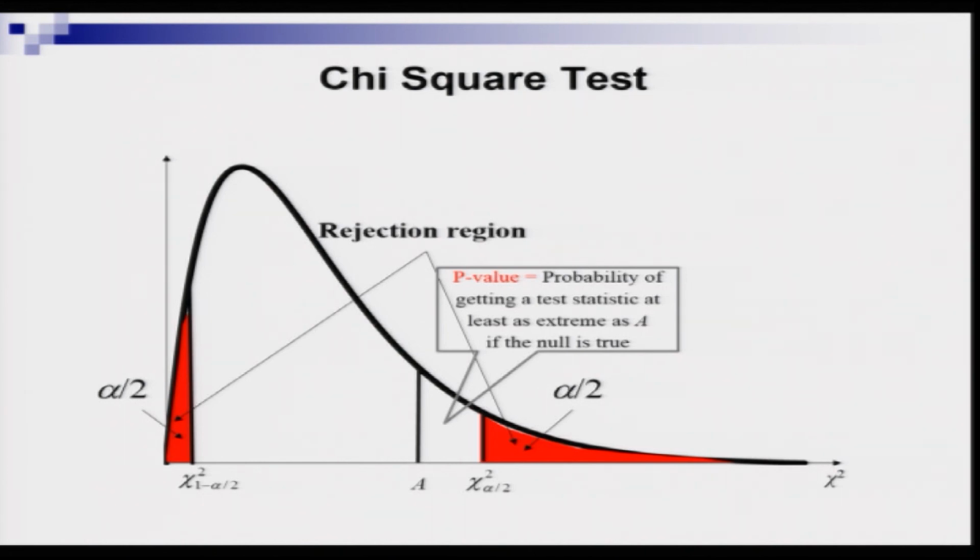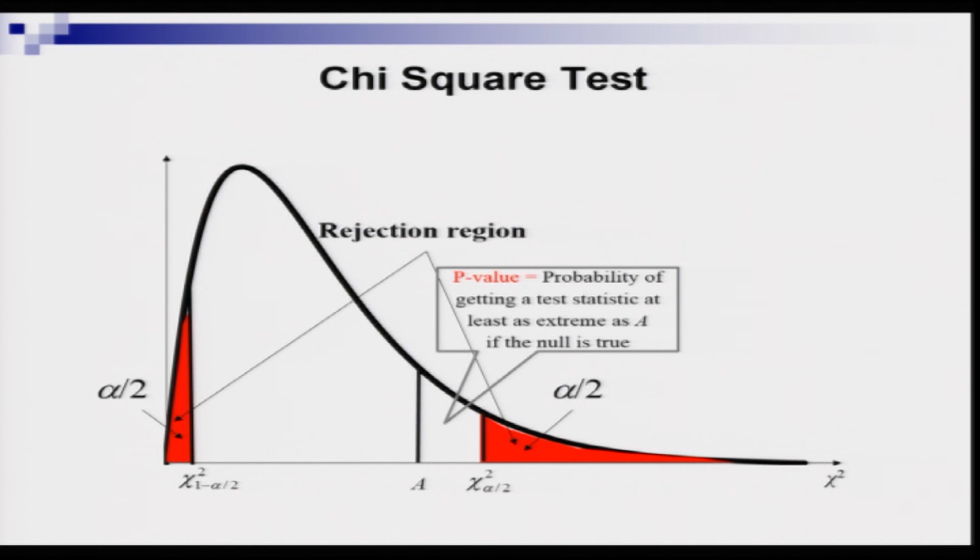and then you draw a perpendicular or vertical line at a, and then it will partition the area below the chi-square PDF into two parts, one on the left hand side of it and one on the right hand side of it. So, the area that is on the right hand side of it has the interpretation of p-value. Now, let me remind you again what is p-value. It is the probability of getting a test statistic at least as high as a if the null hypothesis